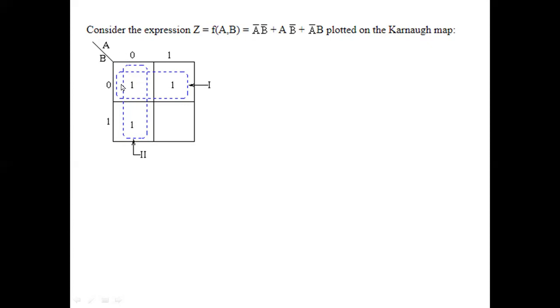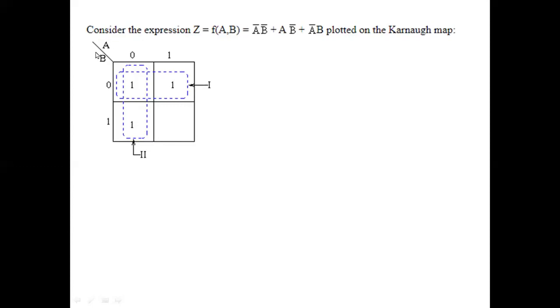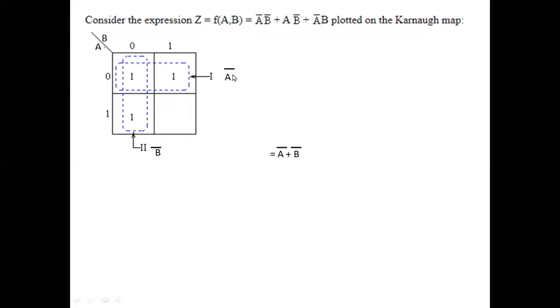Yes. Next, this entire row got selected. So in SOP, the row value B is equal to 0 is B bar. So it is A bar and this is B bar. Oh, sorry, these two variables I have changed. Whatever, you are going to have the same answer anyway. A bar, B bar. So the answer is A bar plus B bar.